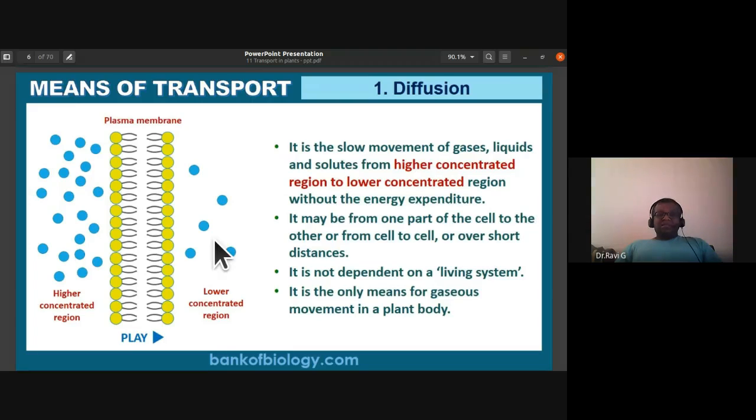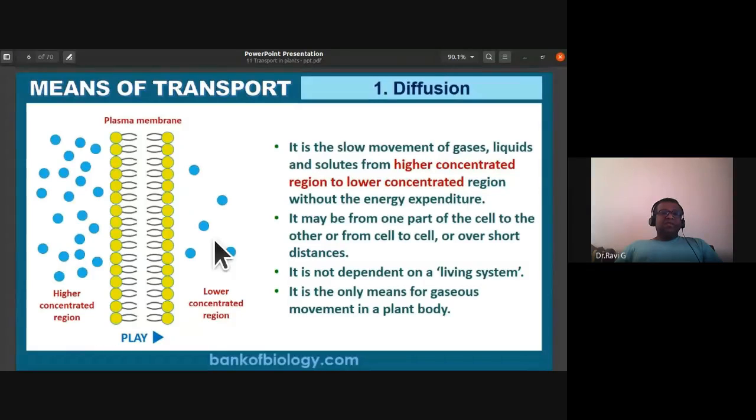So it is a diffusion process from a region of higher concentration. Oxygen will be more in the freshly entered air in the alveoli, while the capillary will have a lower concentration of oxygen. So oxygen enters in, and the capillary will have more carbon dioxide than the atmospheric air, so there is exit of carbon dioxide. This exchange of respiratory gases takes place between the alveoli and capillary through diffusion.